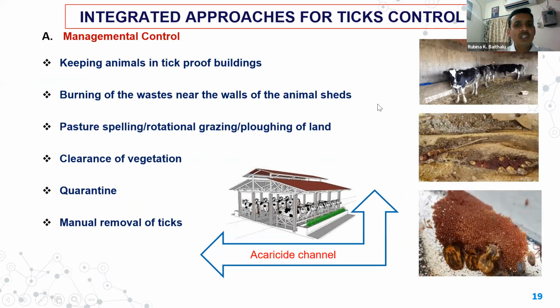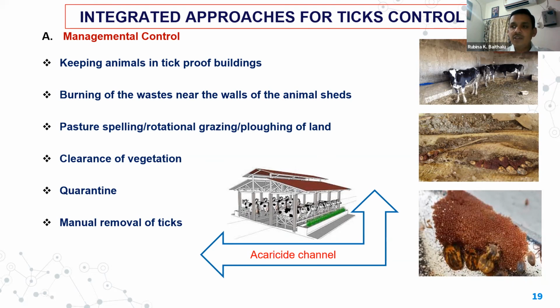If you consider the integrated approach for tick control, one basic method is management control. That is very, very important. You should keep the animals in tick-proof buildings that are free from cracks and crevices. If there are any, they should be covered. It should be a concrete floor. Then there should be regular burning of the waste near the walls of animal sheds. There should be pasture spelling, rotational grazing, and plowing of the land,